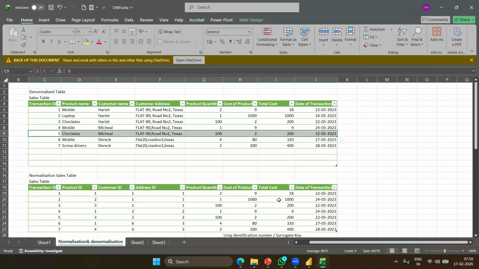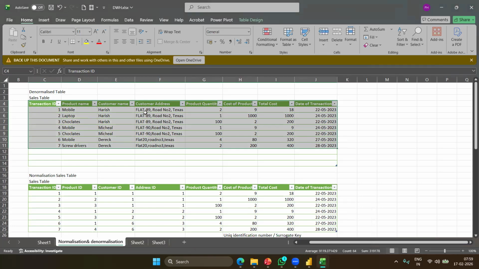So that means an operational system should be built in a way that it is capable of retrieving a small amount of data but faster, in milliseconds, correct? So in that way, the data is stored in a detailed form, which we call a denormalized form. Okay, now what is the problem with the denormalized form?